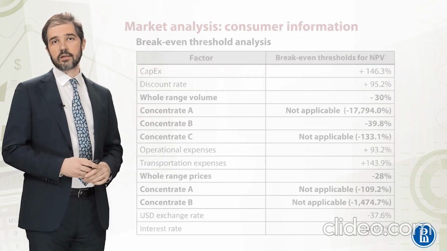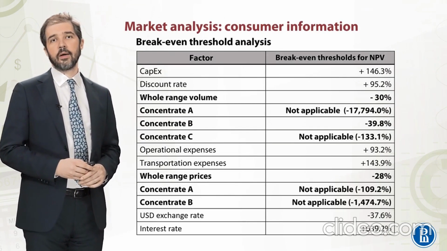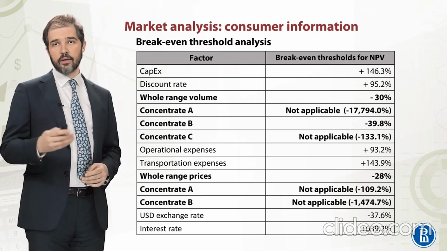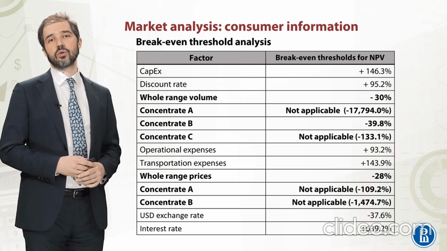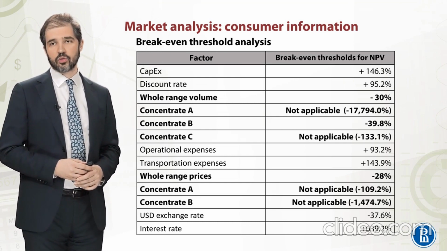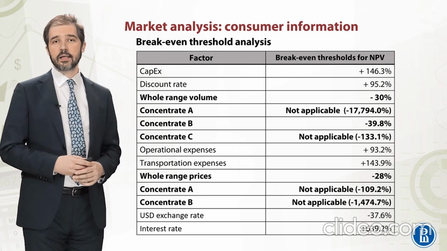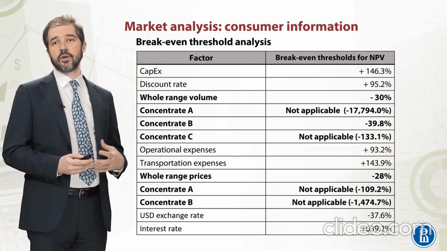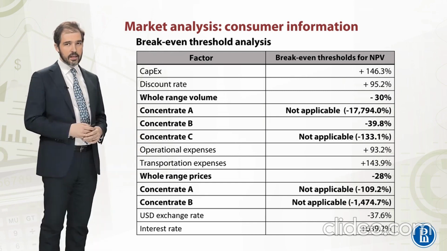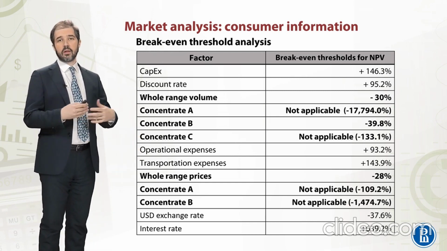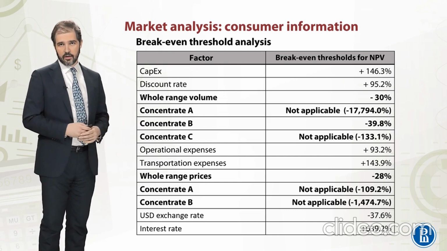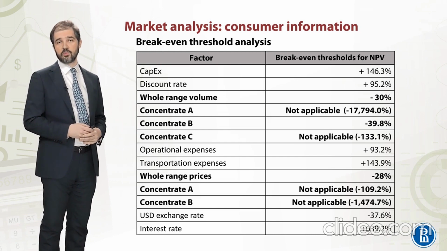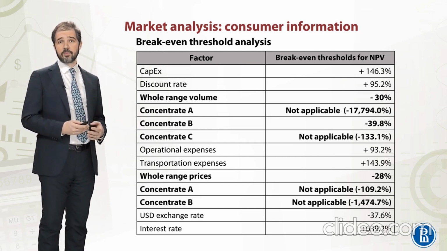As we have just discussed, there are a lot of different ways to present information about scenario and sensitivity analysis. One of possible ways also is to present break-even threshold analysis. In this case, you present by how much you need to change each assumption in order to, let's say, kill your ratio down to zero. For example, if we speak about NPV. What we see here, CAPEX plus